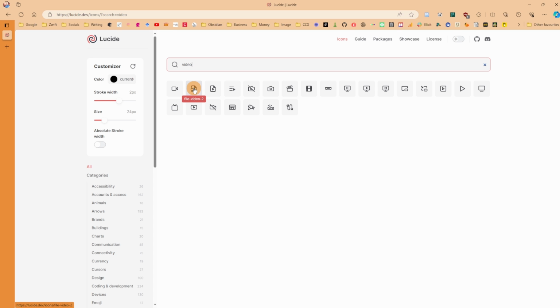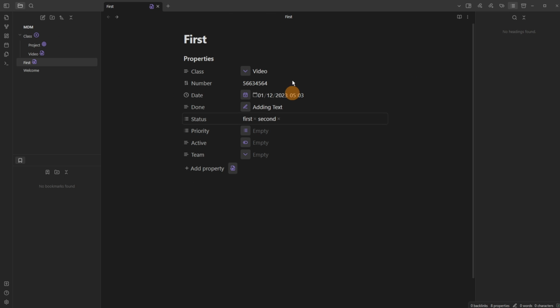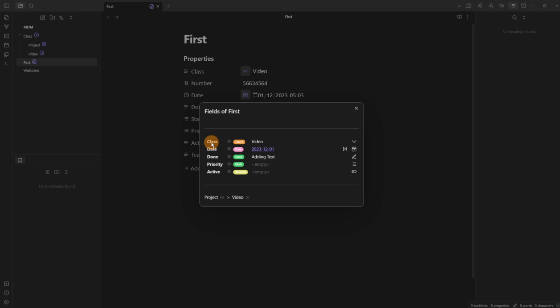If I hover over, file-video-2 will give me this one. So we're coming to the button icon, file-video-2. There's the icon, save, and now it's been changed, which will change the icon everywhere that you would see it. So looking specifically at the properties and just the fields that are available, we have the class, which is